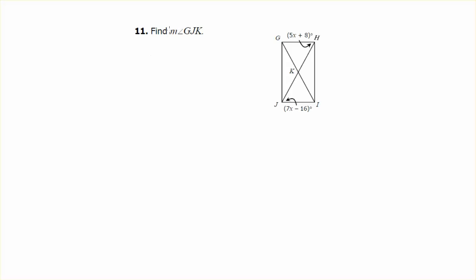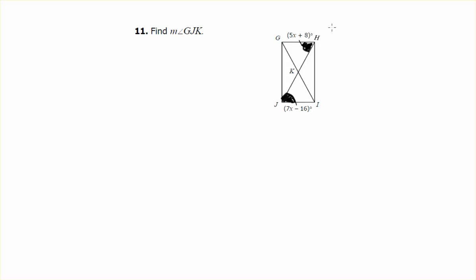So 11 and 13 are looking at our angles now. For 11, this angle right here, GHJ, so I'm shading this one in, is 5x plus 8. These two then, H, J, I, are going to be congruent for the same reasons that back on 3 we were able to fill in some of those missing measurements, because